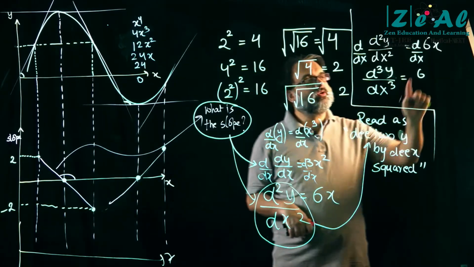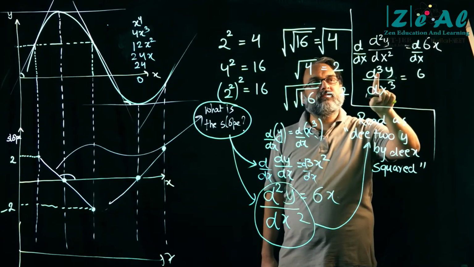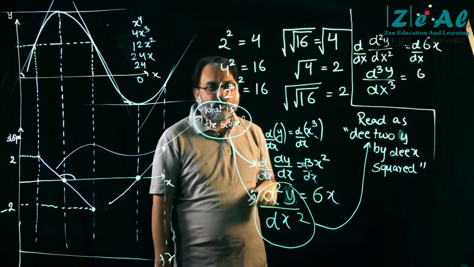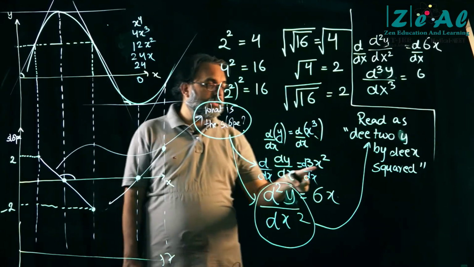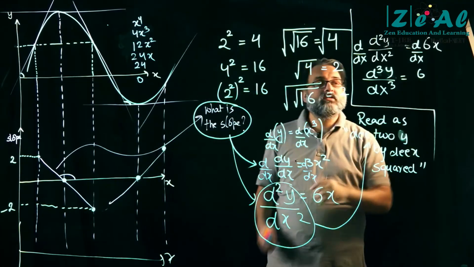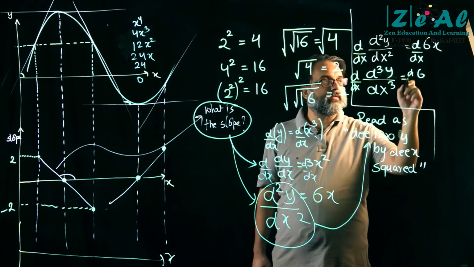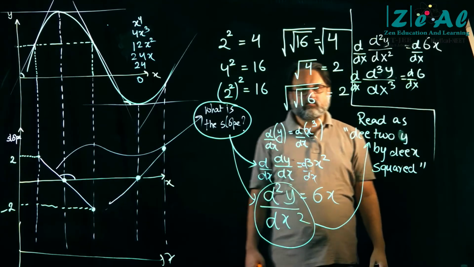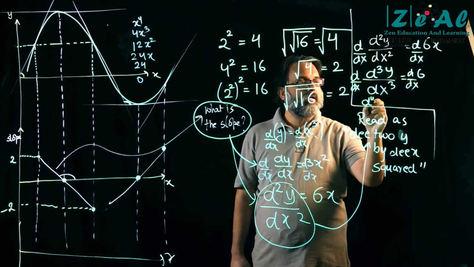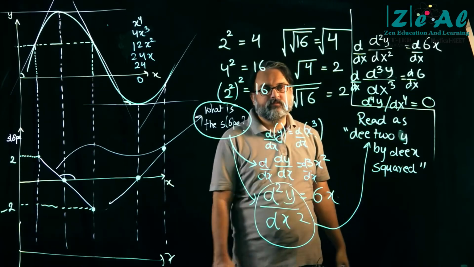So this is just a notation telling you that y was some function of x and I have differentiated it 3 times. What was that function? Y is equal to x cube. पहली बार डिफरेंशिएट किया तो क्या आया 3x स्क्वायर. दूसरी बार 6x. तीसरी बार 6. फिर से d by dx अप्लाई करते हैं. अब ये क्या लिखूं मैं? d4y by dx power 4 will be equal to 0.